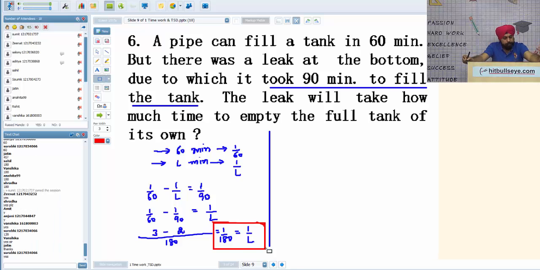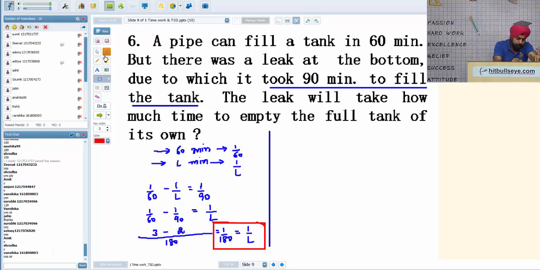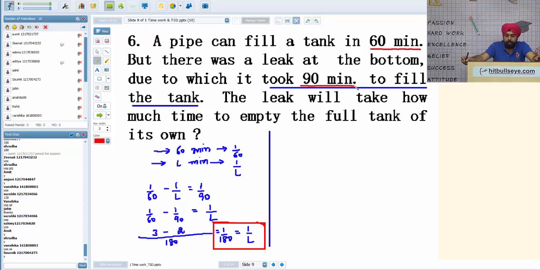Now students, there is another approach, the unit approach, that I can apply here as well. I'll suggest you learn that as well. See, it was 60 minutes by the inlet pipe and 90 minutes together. So what is the LCM of 60 and 90? Sorry, you all very well know it is 180. So let the capacity of the tank be 180 liters, because it is not chocolates here, it is the tank